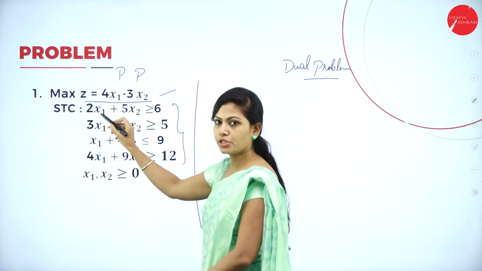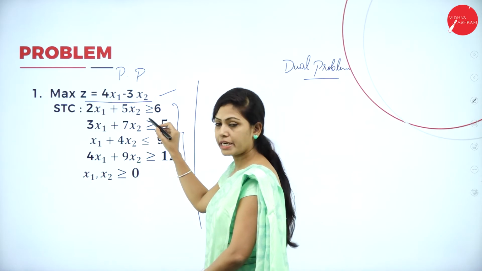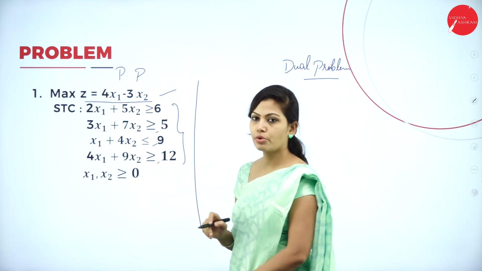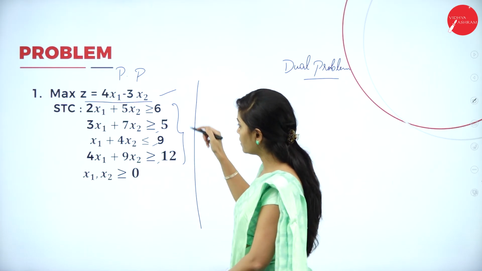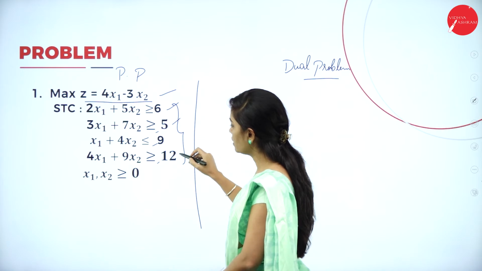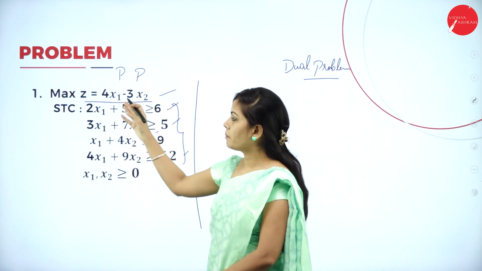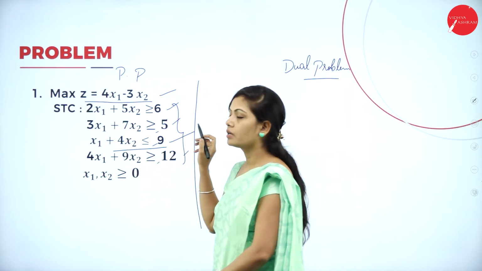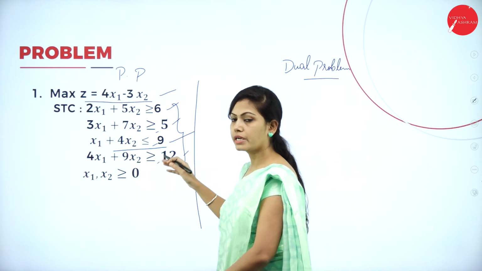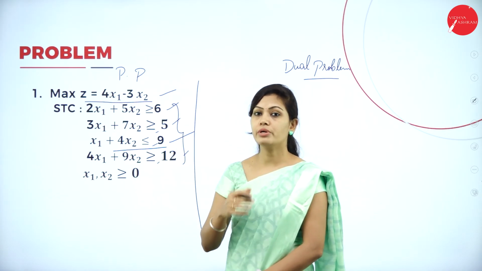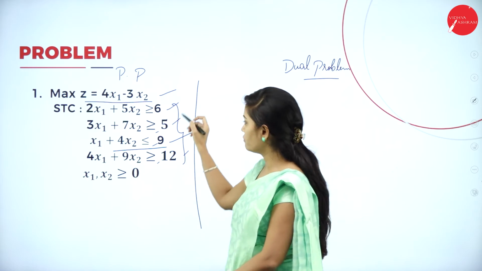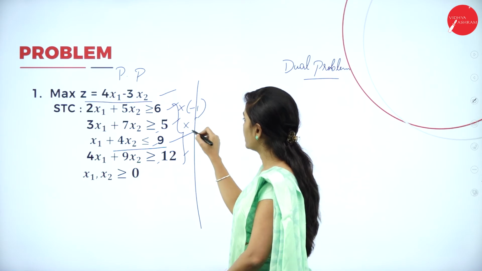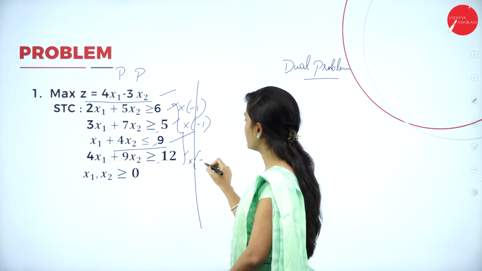Here I have 4 constraints. It is a maximization problem, but here I have greater than or equal to symbol, and this is less than or equal to, and this is greater than or equal to. So now I need to convert the first, second and fourth equations for maximization. If it is maximization, all the constraints should be less than or equal to. But I have 3 constraints that are greater than or equal to. I need to convert it into standard form. So I will multiply this by minus 1, multiply this by minus 1, and again multiply this by minus 1.